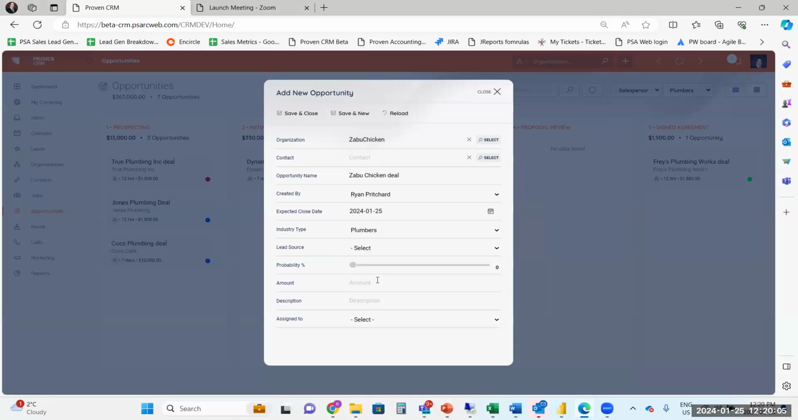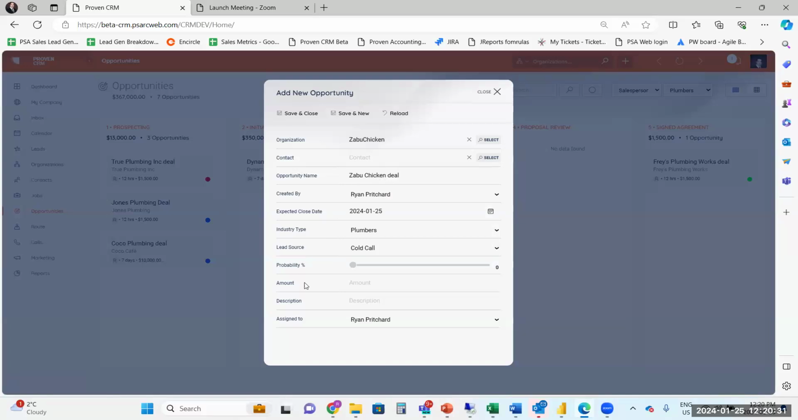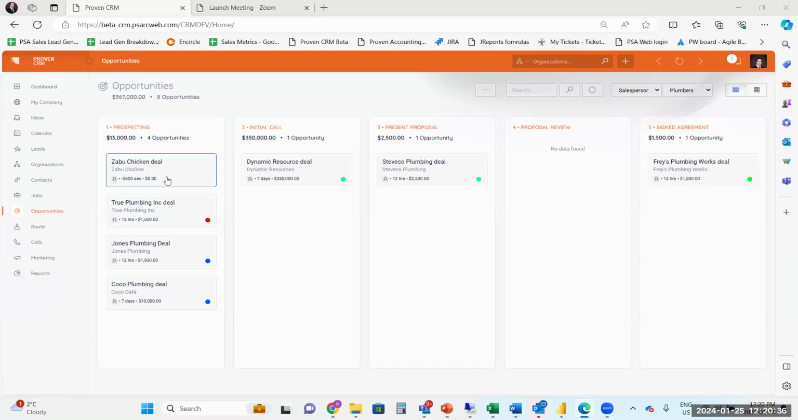So in this case, I can put in our industry type plumber, which will now go back and update the industry type back on my opportunity and my relationship record. And based on the industry type that I select, I now have the ability to come in here and put in a lead source, a description, an amount, and then I get to assign this to our relationship. Once I've added that in the system, you'll see it now adds directly to my pipeline,